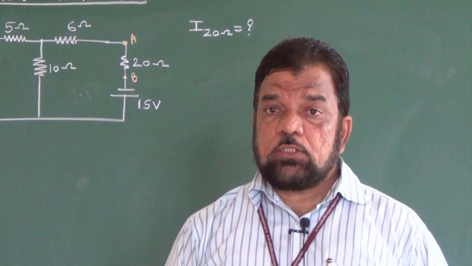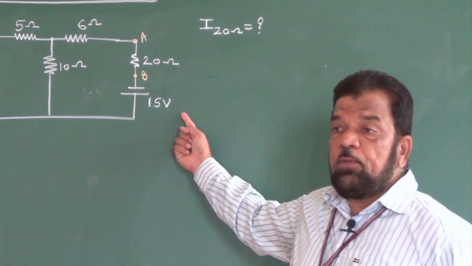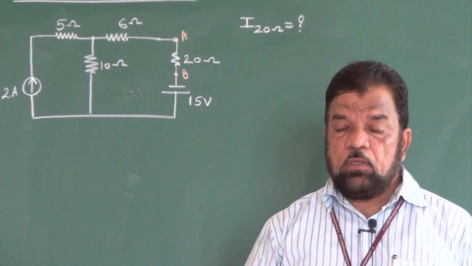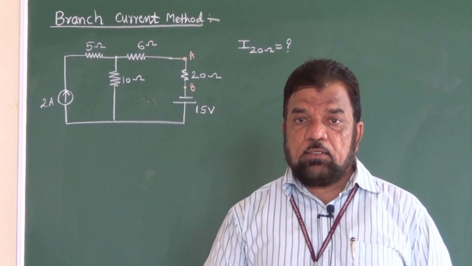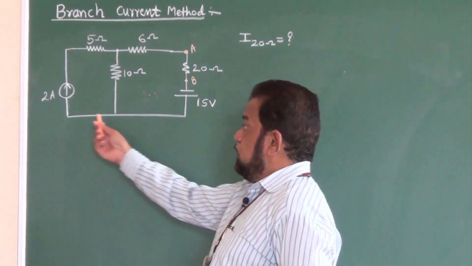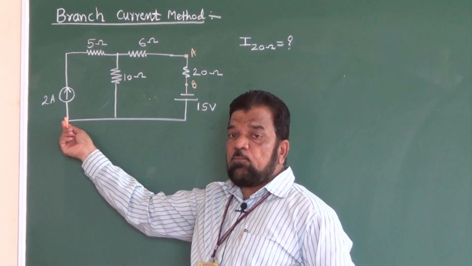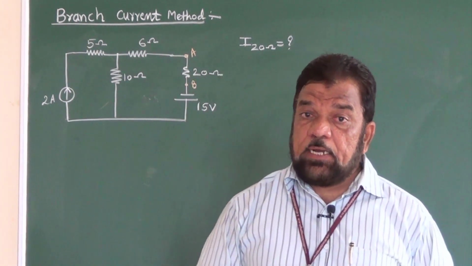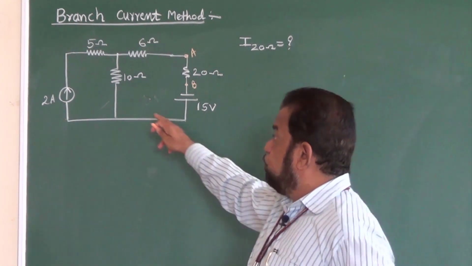it consists of two sources, one current source with a value of 2 ampere, one battery with 15 volt potential, and 4 different resistances. Now at first glance, if I ask how many loops are there, your answer will be 2. Yes, there are 2 loops. If I start from this point and traverse like this, I reach the same point. Any closed path which includes different circuit elements and or different sources is nothing but a loop.